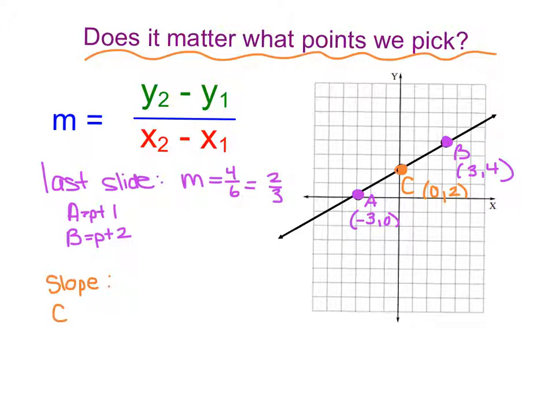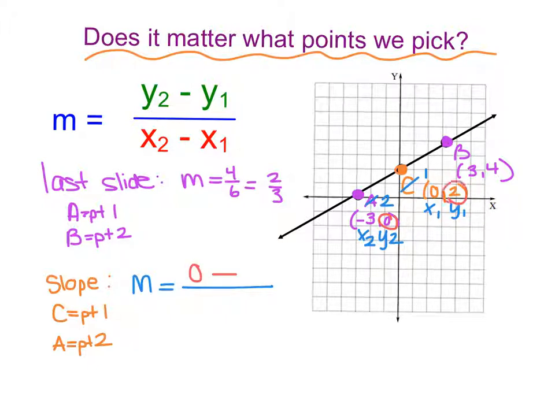So I'm going to use C as point 1, and I'm going to use A as point 2. To calculate my slope, I'm going to change C to point 1 and label it x1, y1, and change A to point 2 and label this x2, y2. So here my slope is going to be calculated as m. In our numerator we have y2, which I can see is 0, so 0 minus y1, which is 2, divided by x2, which is negative 3, minus x1, which is 0. If I simplify these, what I find is I have a negative 2 over a negative 3. Since it's a negative divided by a negative, I know my answer is a positive